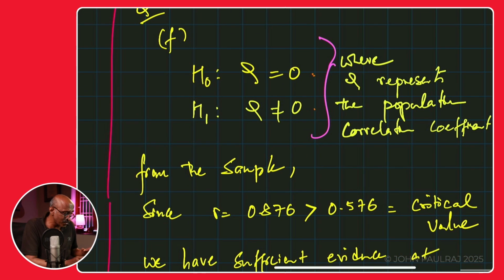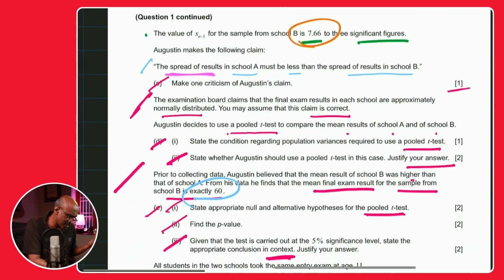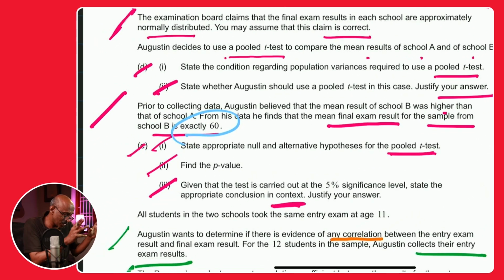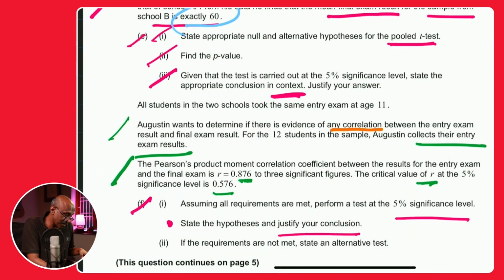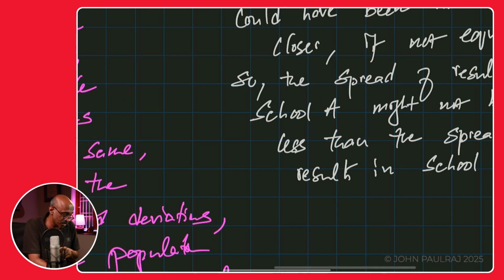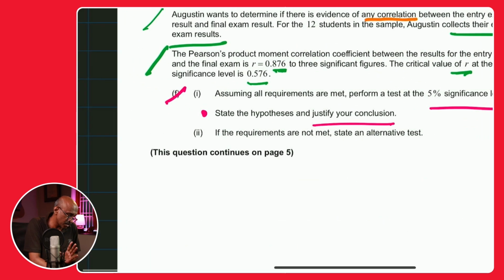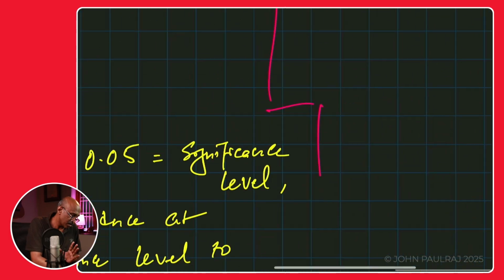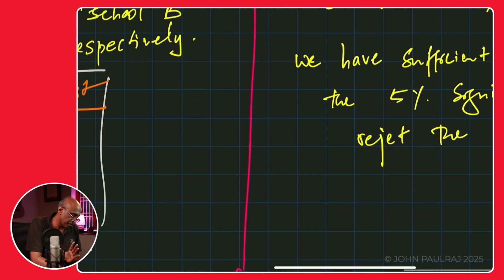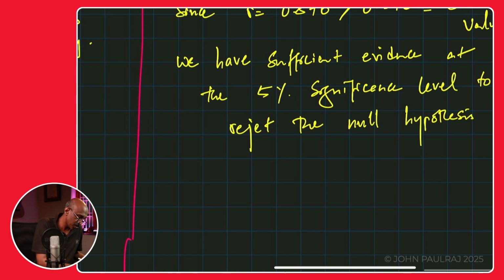The null hypothesis said that there was no correlation, and now you're saying that at the 5% significance level you are actually rejecting the idea that there is no correlation. In other words, you're saying that there is a correlation between the entry exam and the final exam result. That's what you're suggesting. If they ask in context, they didn't say anything, just state your conclusion. So you can say that in the context if you want. You can just write that thing down, which means